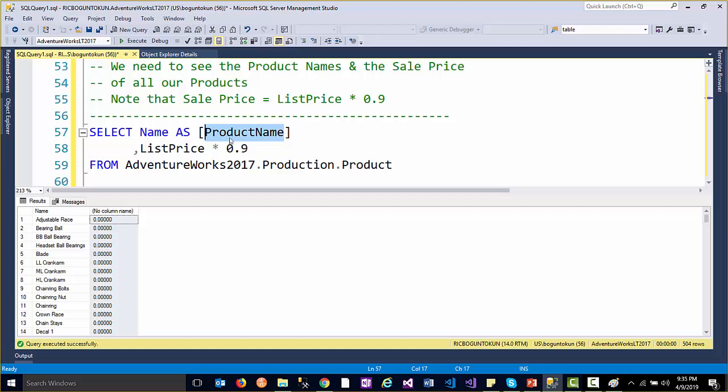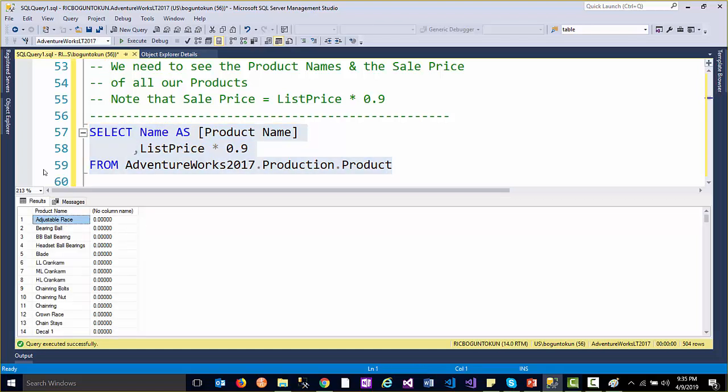This is not how the normal human being reads their report. They want to see a space. And to implement that space, all we need to do is put it in square brackets. All right, so at this point, if we run it again,